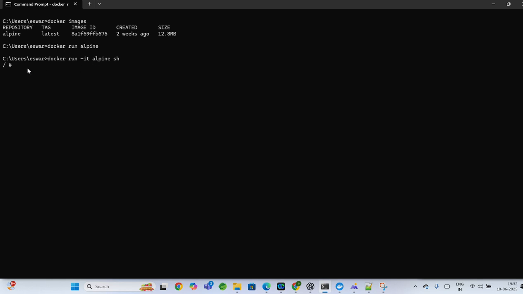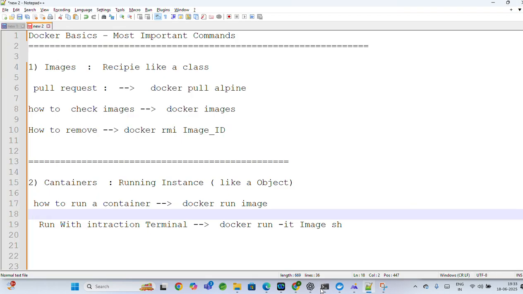What is the action next? It is an empty container, right? That's why it is not showing any command output. That's why sh is a predefined thing, right? How to exit the container? Control D is for exiting the container. Okay,